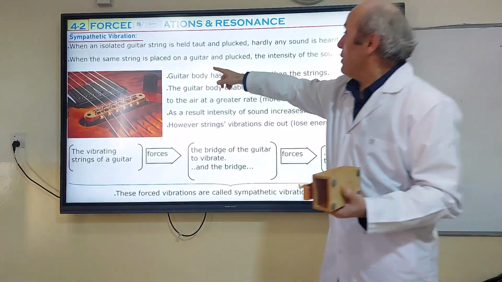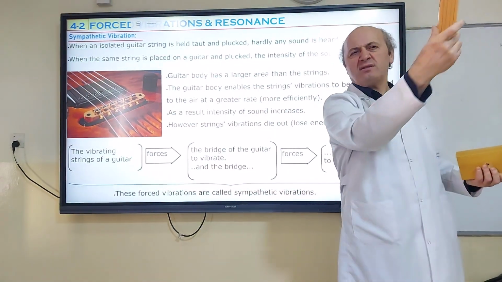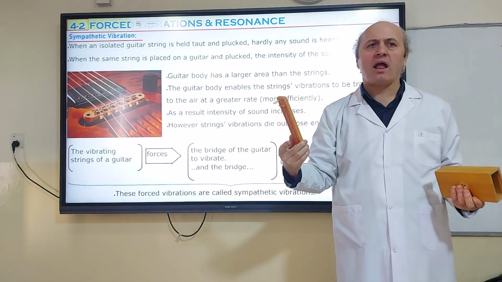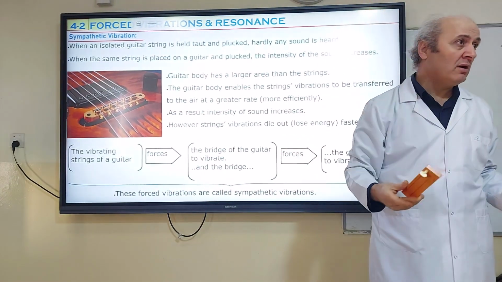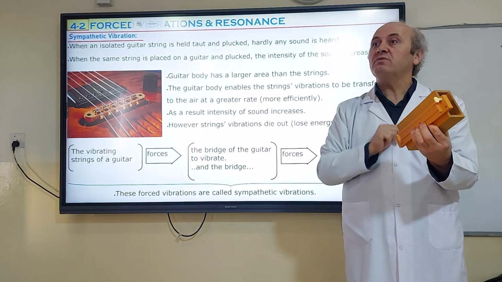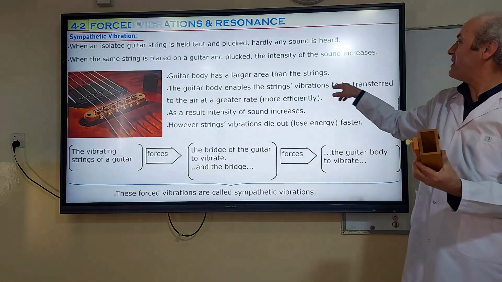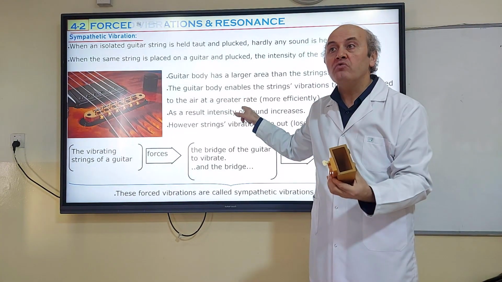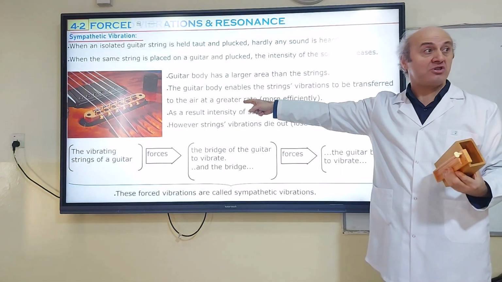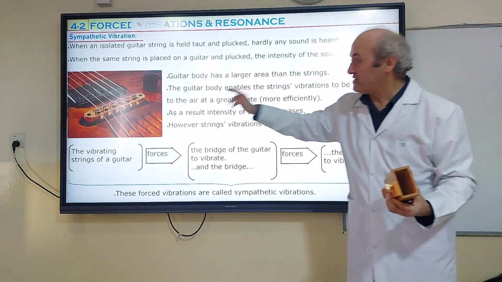This is the reason. So, the guitar body has a larger area than the string, correct? The string is just a string with a tip. So fewer air molecules are in contact with this string. So the energy transfer rate is not that big. That's why low power, low intensity, softer sound. But when we attach this wooden object, it also starts vibrating when I pluck it. So the guitar body enables the string vibration to be transferred to the air at a greater rate. That means the power of the instrument increases. Your book uses this word, but this is much better. Greater rate. More efficiently, it says. So as a result, the intensity of the sound